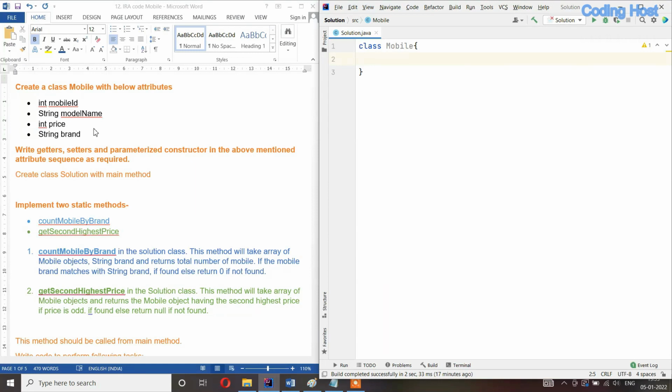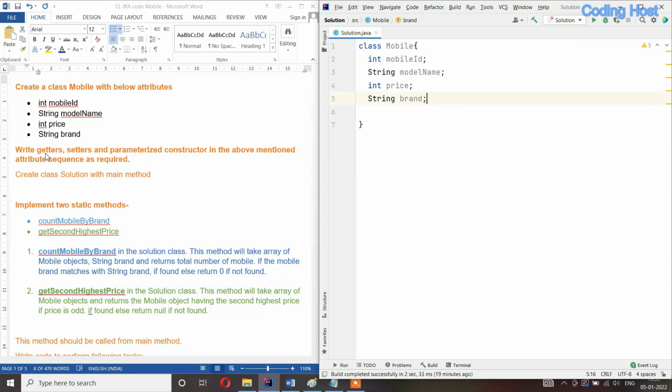In the exam they will tell you to make these variables private, but even if you make these variables public, this program will still work. The only reason to make these variables private is so that you cannot change the value of any object directly; you have to use setters. But in most questions you do not have to change the value of any object, so you don't have to make these variables private, and you also don't need to make the setters in the program. So now I will make the variables in this class.